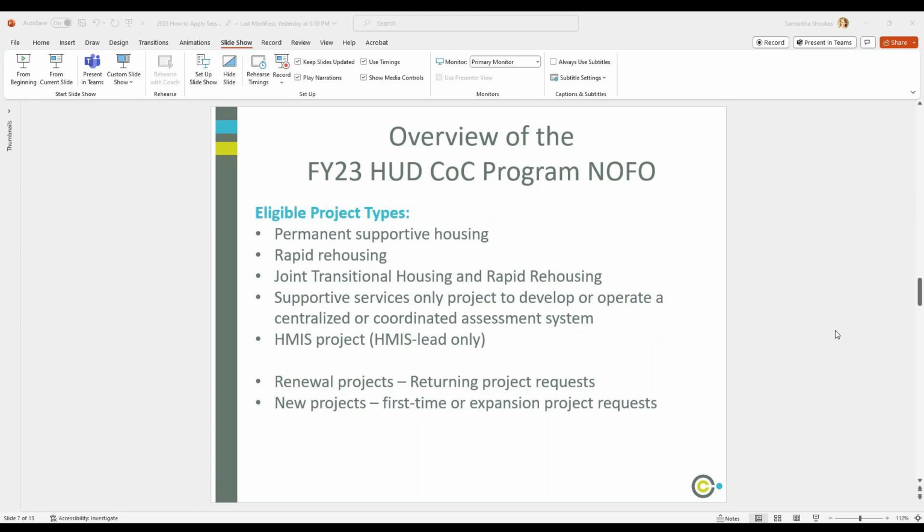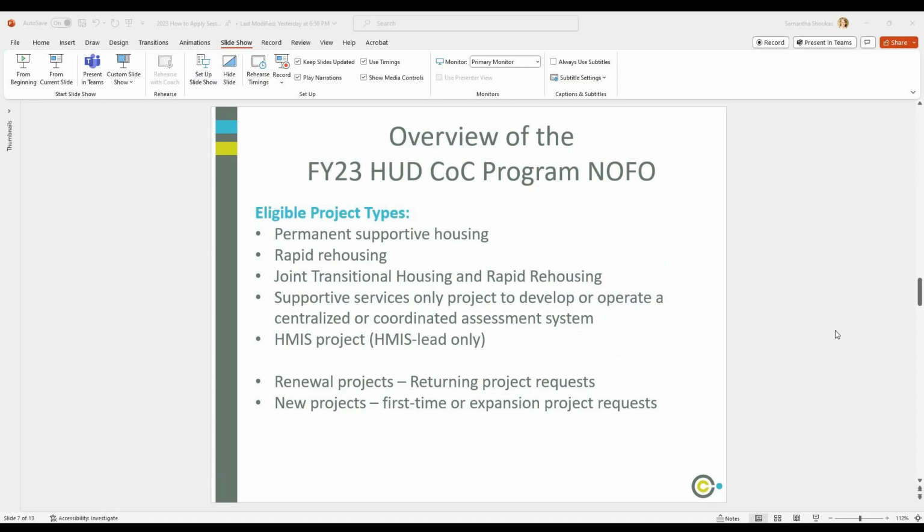And so a transitional housing and rapid rehousing project is just that. It can offer both to program participants. So it has all of your traditional shelter expenses that come along with transitional housing. But even though it's transitional housing, they're still working to get them housed as quickly as possible, and therefore have those funds for rapid rehousing to utilize as well.